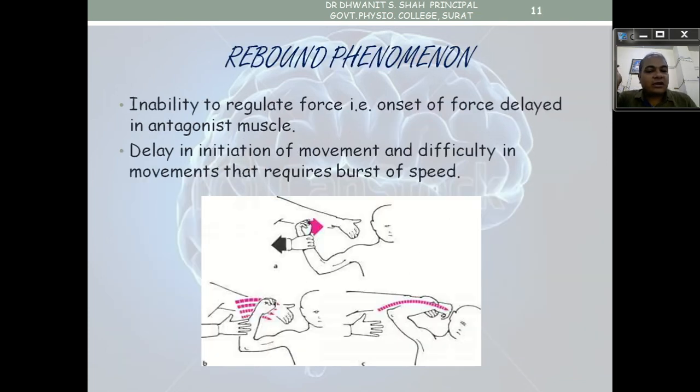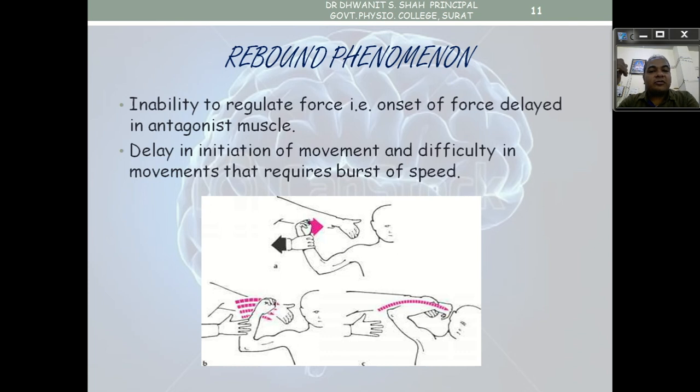Next is the rebound phenomenon. It is also very useful when the person is not able to make a judgment of the force. The person's movement will be jerky, not able to control or stop the movement. It means agonist and antagonist muscles are not in synergistic movement. There is an asynchrony between the agonist and antagonist muscles. Therefore, when the agonist work is complete, the antagonist is not able to prevent it, so the agonist muscle will overwork, and the movement goes beyond the point once the resistance is removed.